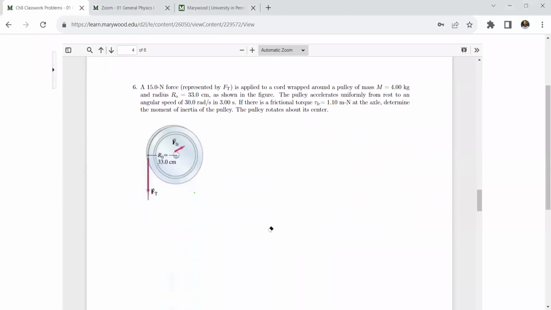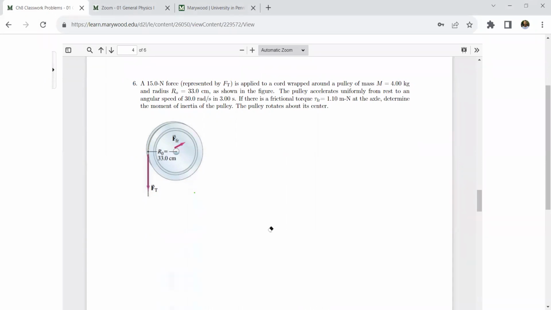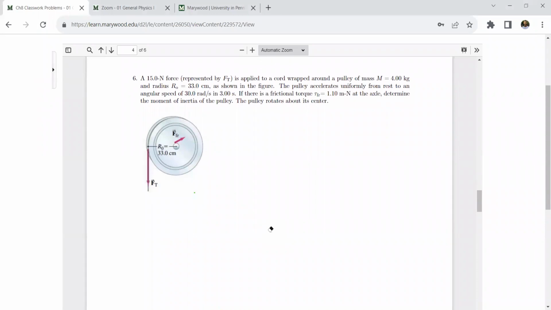All right, so here in this problem, we are going to use the torque as well as the rotational equivalent of Newton's second law. Okay, all right. So we have this object. This looks like a disc, and it rotates about this point, the center. So this is the center axis of rotation, and it says that a force Ft is applied here. The value of Ft is 15 Newton,